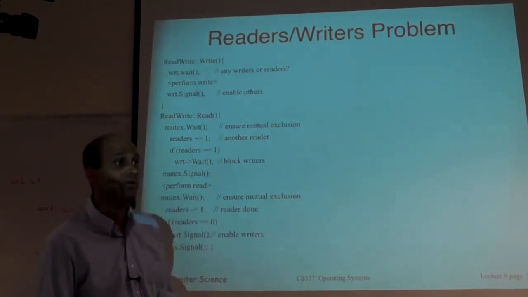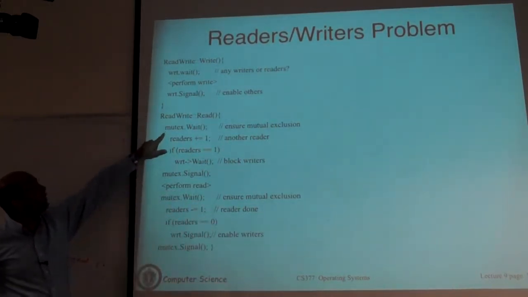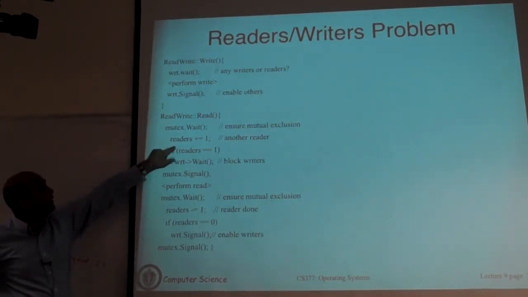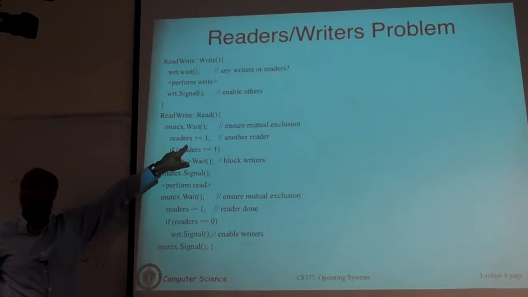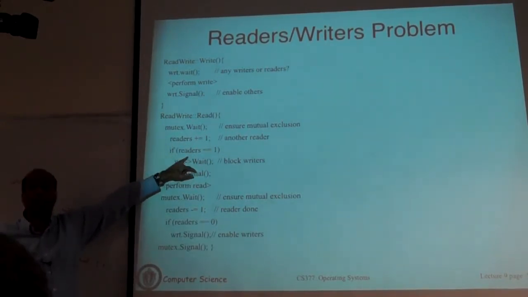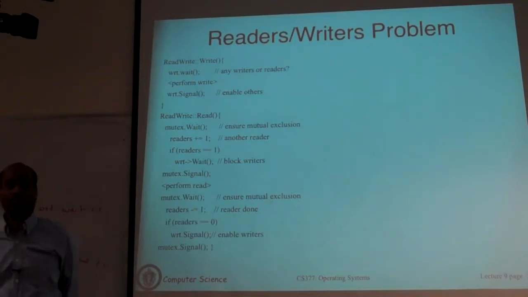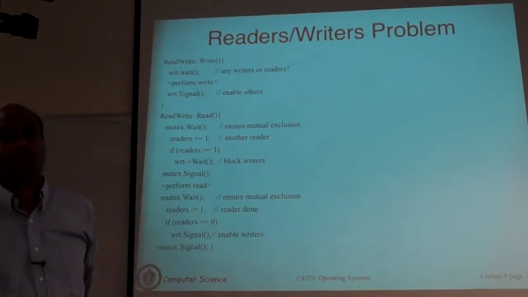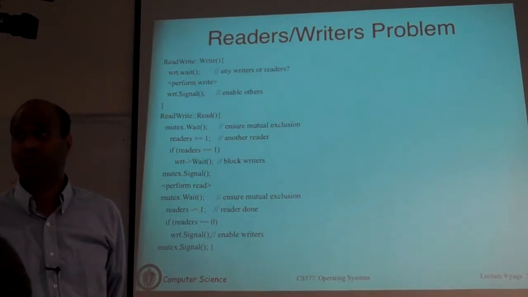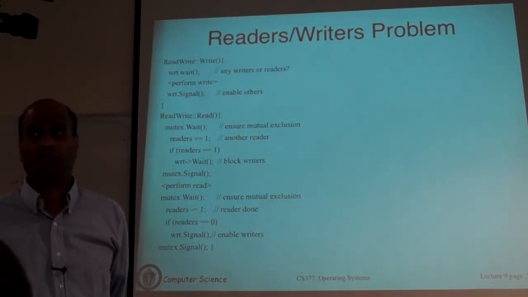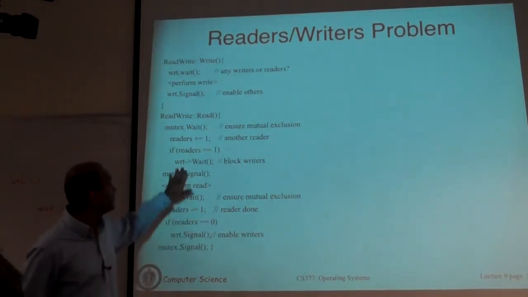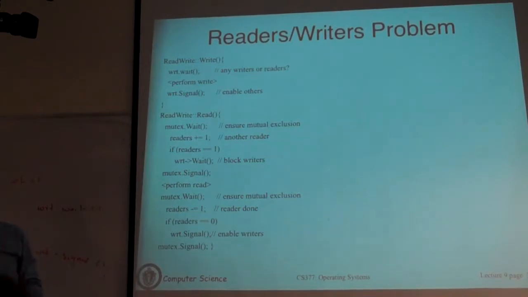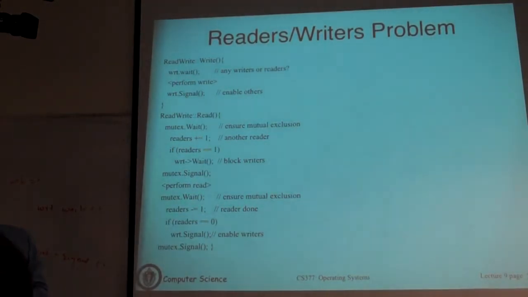Okay, what should happen? The reader calls mutex wait, okay, and increments the number of readers. It goes from 0 to 1. It is the first reader, and it calls wait to block a writer. What happens? It doesn't block while it's writing. Okay, so let's assume that this code is executing while the writer is actually in the critical section. The semaphore is already at 0 because the writer has it.